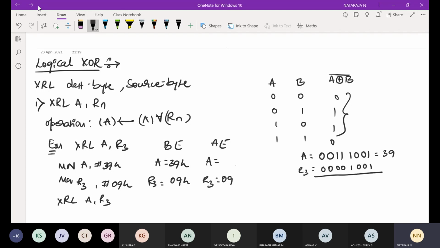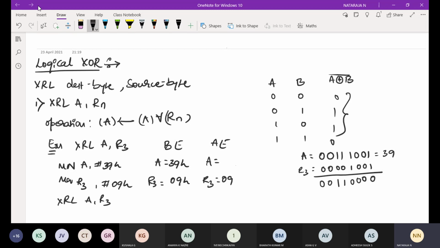Now XOR operation between each bit. 1 XOR 1 gives 0. 0 XOR 0 gives 0, 0, 0. And 1 XOR 0 gives 1, 1 XOR 0 gives 1, 0 XOR 0 gives 0, 0 XOR 0 gives 0. Then the binary equivalent in 8, 4, 2, 1.